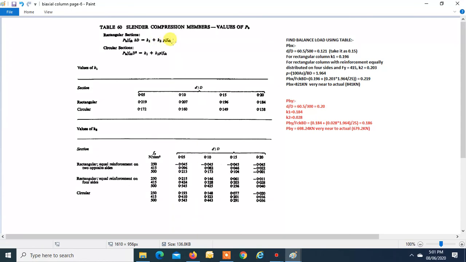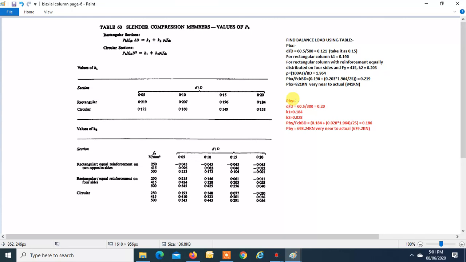So putting all these values, we get PBX equal to 821. And the actual value which we got from calculation was 841. A little bit of difference is there because we are assuming that the reinforcement is equally distributed on four sides, but actually that is not the case, right? In case of PBY,